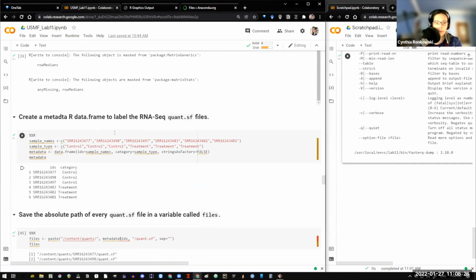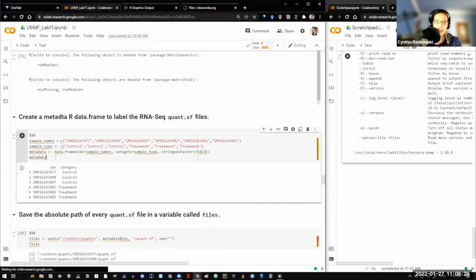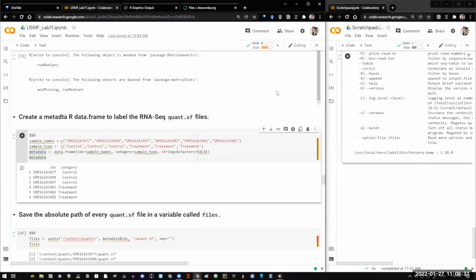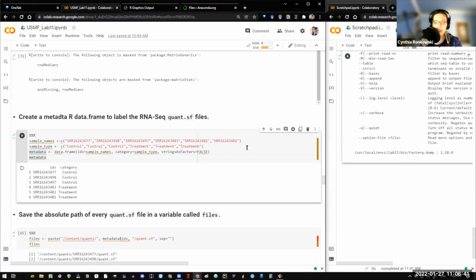in addition, we'll have a metadata file, except last time the metadata file was in the Git repository that we cloned to get our input files. However, we're not getting our files from a Git repository, we're getting them from NCBI. So that means we have to write our own metadata. And here,